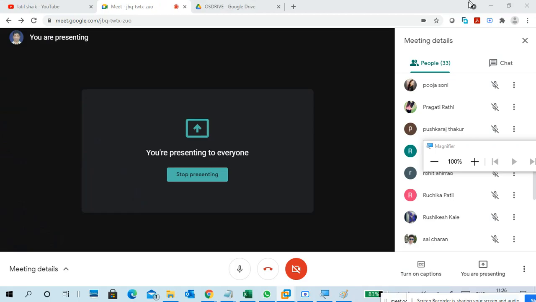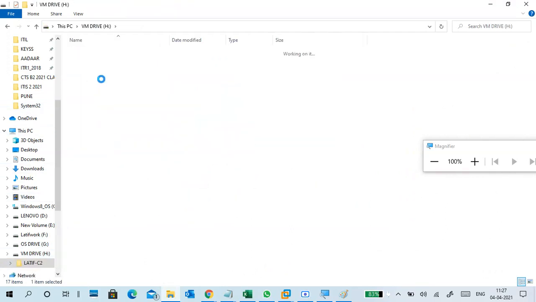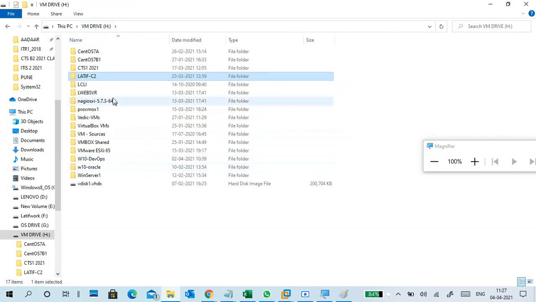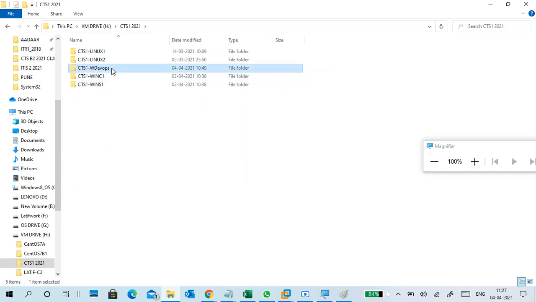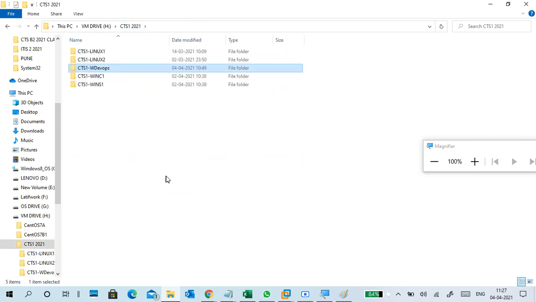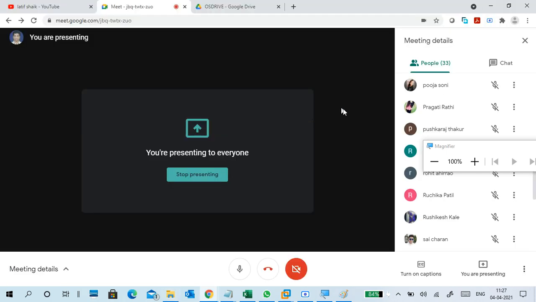I will show you that when we go to the virtual machine, then only you will understand. But I will try to show you that one. For example, this is a virtual machine, no errors. I need more errors. I will get errors here, guaranteed. With a running machine, you will get this LCK kind of stuff. You have to delete that one. If you get an error, you tell me. I will solve it, no problem, anytime.